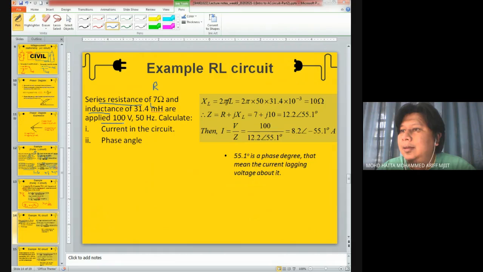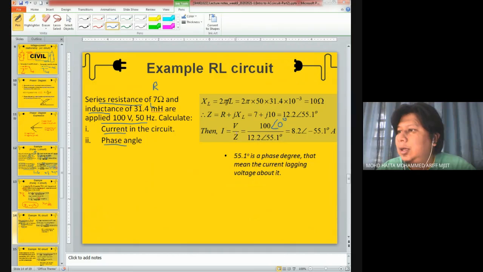And the value of voltage is mentioned over here, 100 with 50 hertz, and never mentioned about the angle. So the angle over here, we can regard it as 0 degrees. If the angle is mentioned, means that you need to put the angle value down here. Okay. The question asks about the current and also the phase angle. For the current,